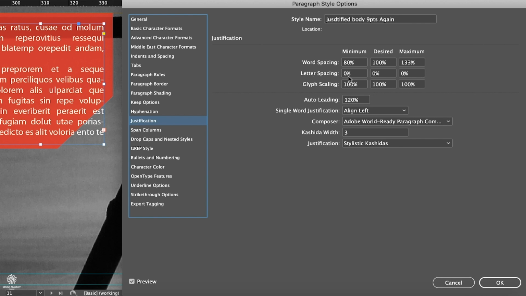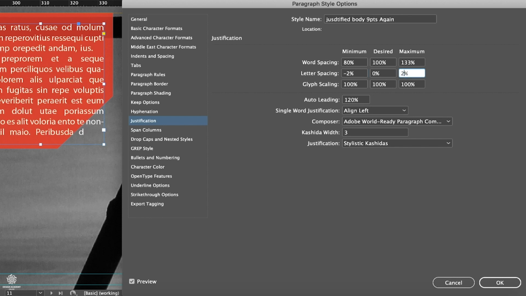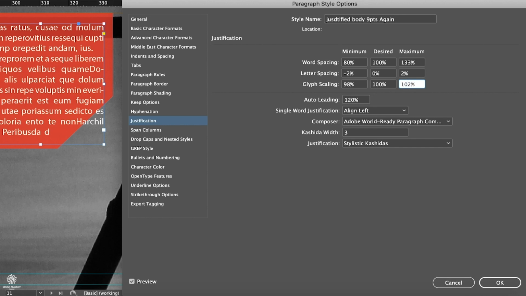So for that letter spacing, let's add -2, just minor adjustments in here, and maximum will be 2. And for glyph scaling as well, let's make that one 98% and 102. And let's also reduce word spacing a bit, all the way to 120